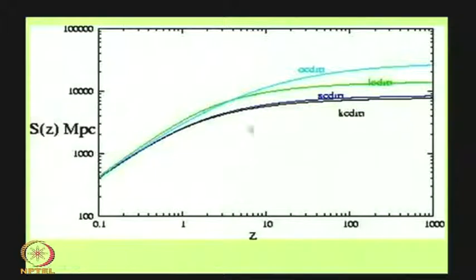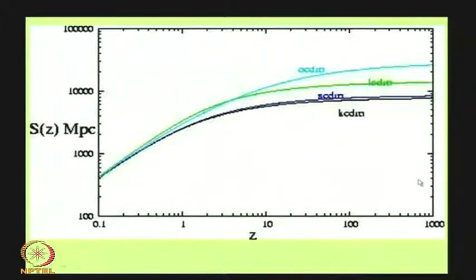And this shows you the same function plotted over a large redshift range in a log scale. If you want to display some function over a large redshift range, obviously you cannot use a linear scale, then you will only see the behavior over a small part of it. Okay. So, this shows you the same function over a large redshift range all the way to redshift 1000, and this shows you the behavior of the different functions.